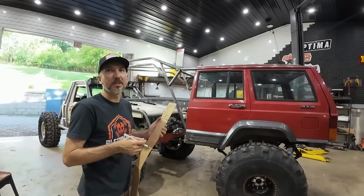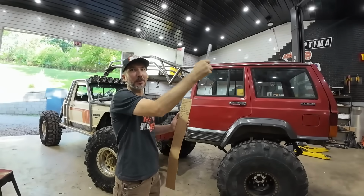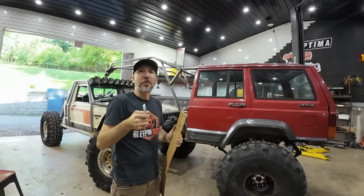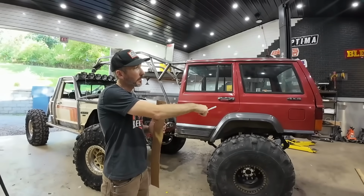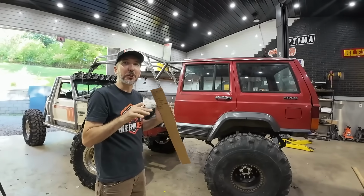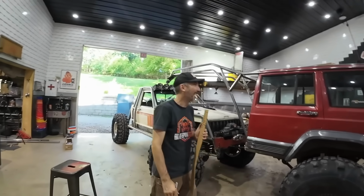That'd be hard to do, especially since it spins 360. Maybe we could just hook it up to the battery in here so that it could just be flashers, if we had to get on the road. I was going to say, we don't have rear lights that function on the Comanche, so...